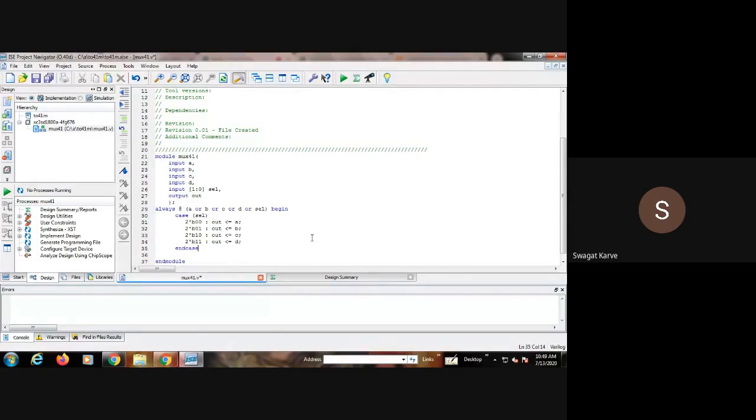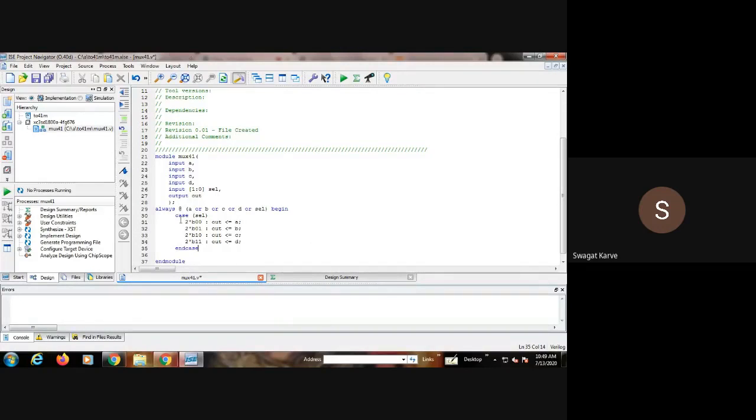It is the same logic, but with different syntax, because we are actually designing with the Verilog module. So this is a simple Verilog code for a 4:1 multiplexer.